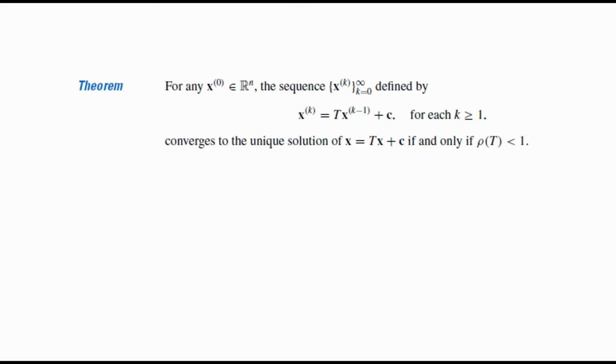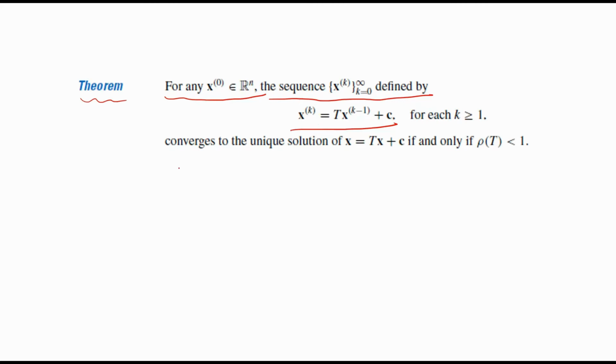So if our system is diagonally dominant, then we are sure that for any initial condition we will get the solution. Another important theorem is this: for any x not belonging to R, the sequence defined by this, which is nothing but the matrix form of our iteration scheme,